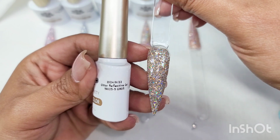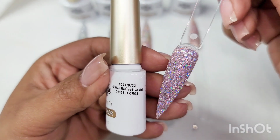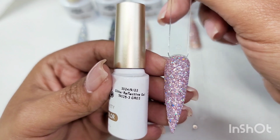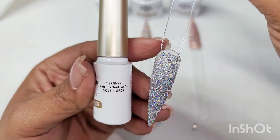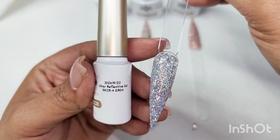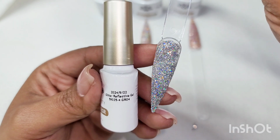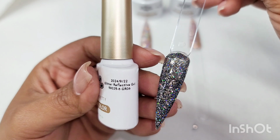Anyways, so let me explain something real quick about this set. Like I said, I received the package the day before. And I was like, let me get on this real quick. And I woke up super early. It was like 2:30, 3 o'clock in the morning when I woke up. So I was like, let me see what they sent me and whatnot. And I got super excited the second I saw the colors. And I was like, oh, Jesus, I need to do a set. So let me explain what happened, bestie. So what had happened was